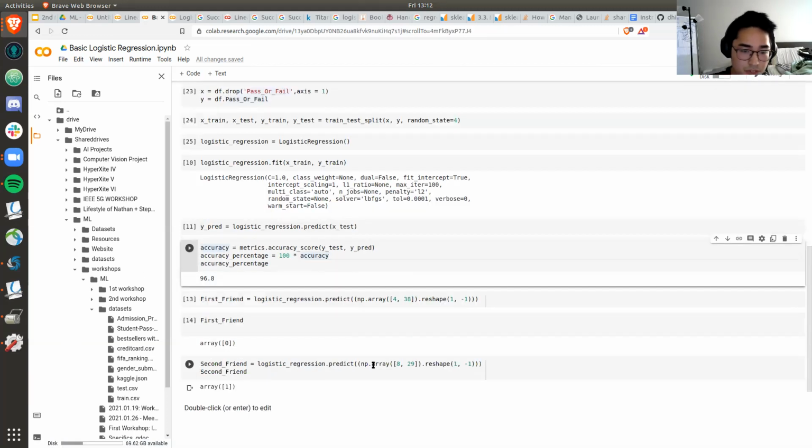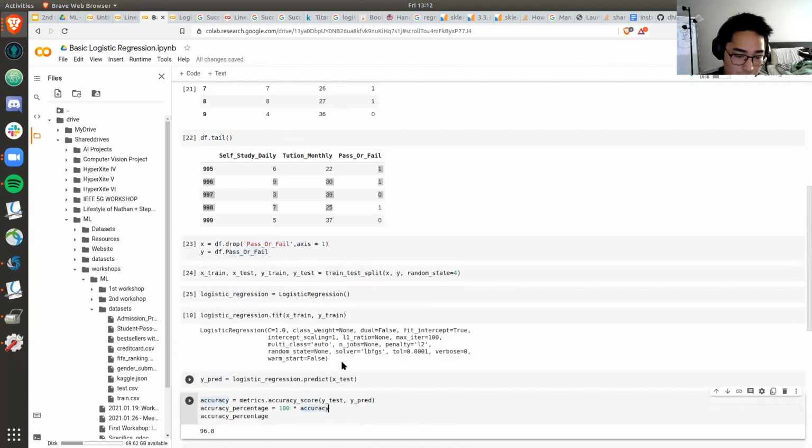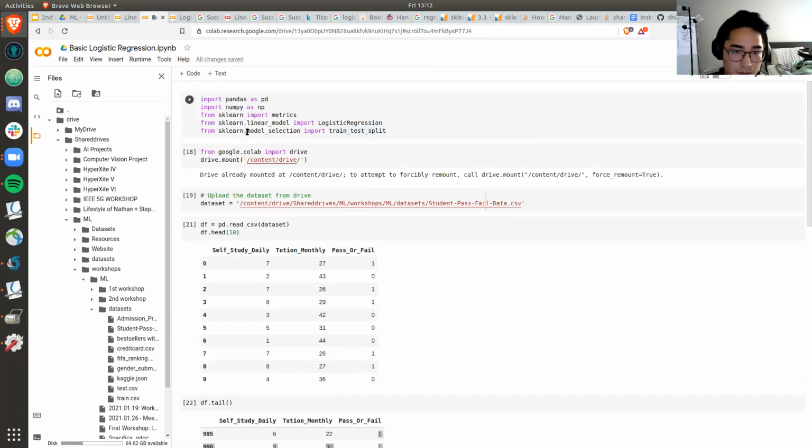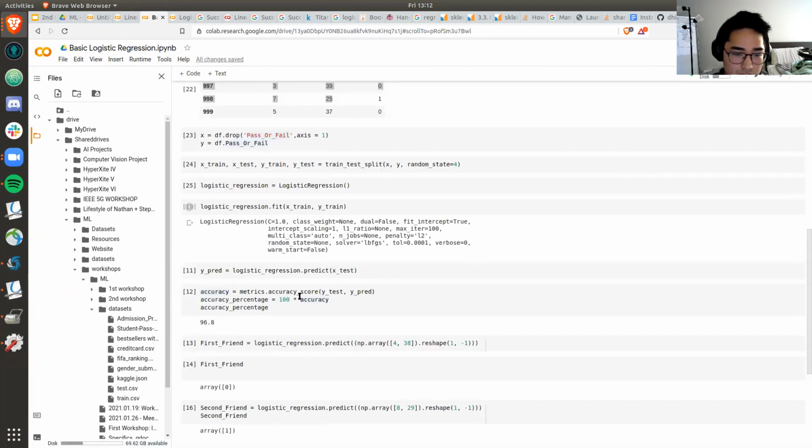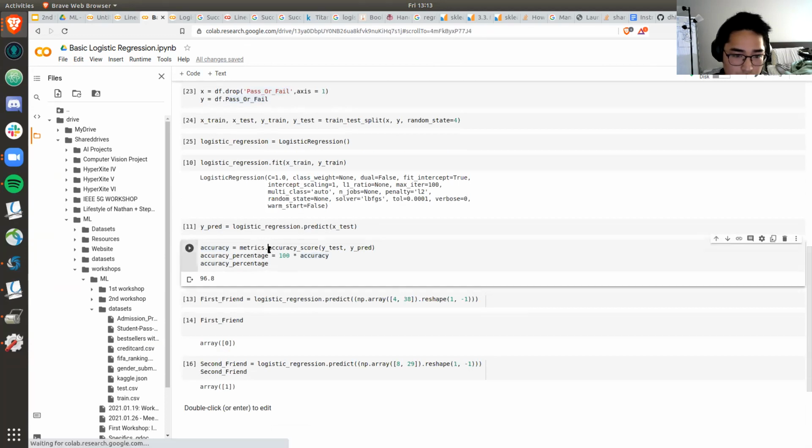Then we get the accuracy of the model. So using sklearn again, they have a specific module called metrics. Metrics has another function called accuracy score. So it'll pretty much compute the accuracy of the Y test and the Y prediction. The Y prediction is basically the Y labels that we got from our logistic regression model. Oh, sorry, the Y test is basically the specific labels that we want.